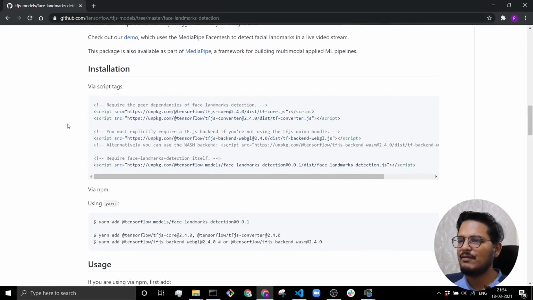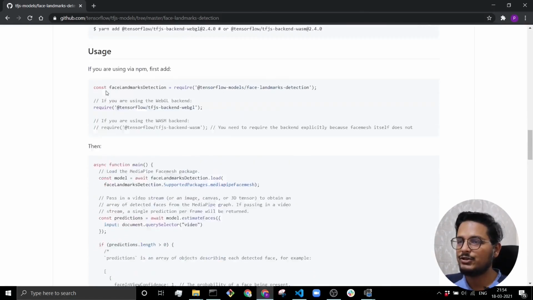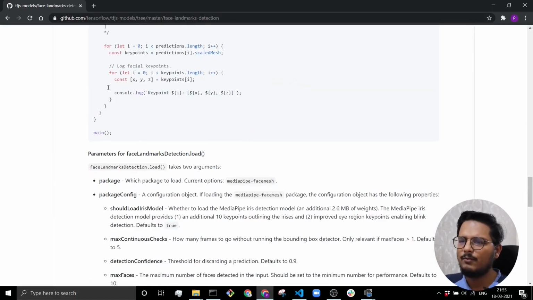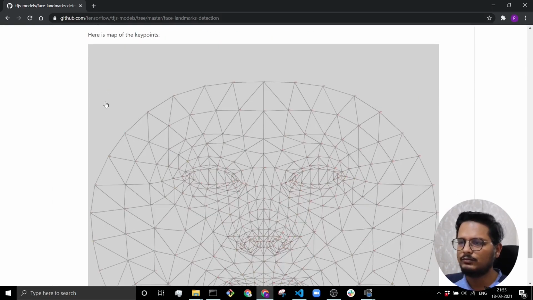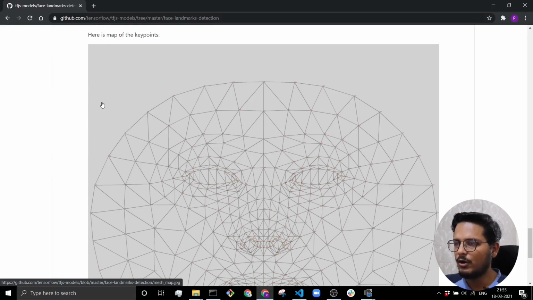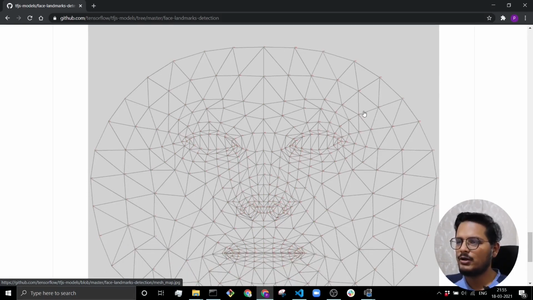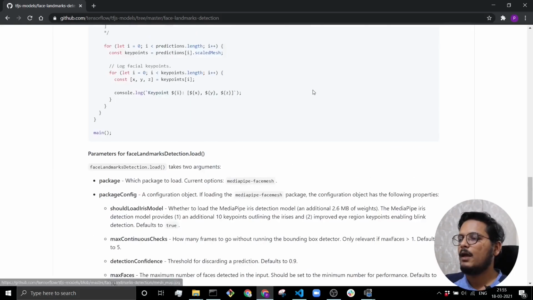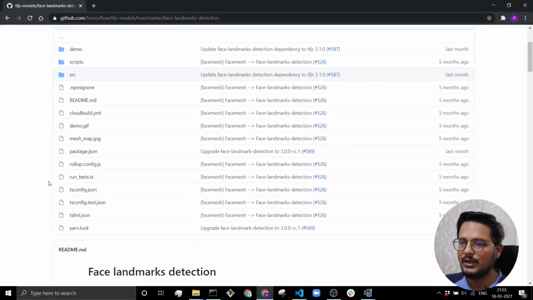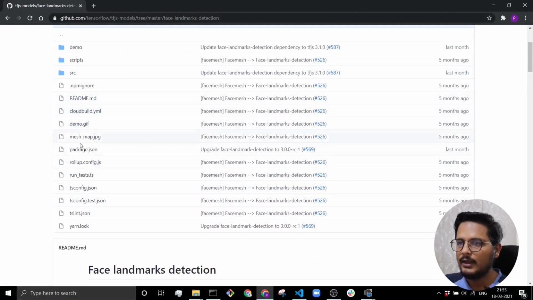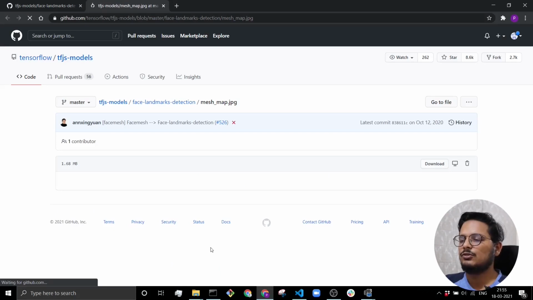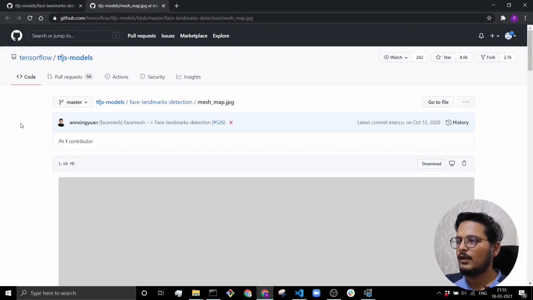In this repository, the team has given instructions or code to install the package and use different functions provided in this API to use this model. And this is one of the most important figures on this page, which gives us the location and the numbering sequence of different facial key points detected by this model. A better version of this image is available inside this repository in this image. So if I just open it, you can see